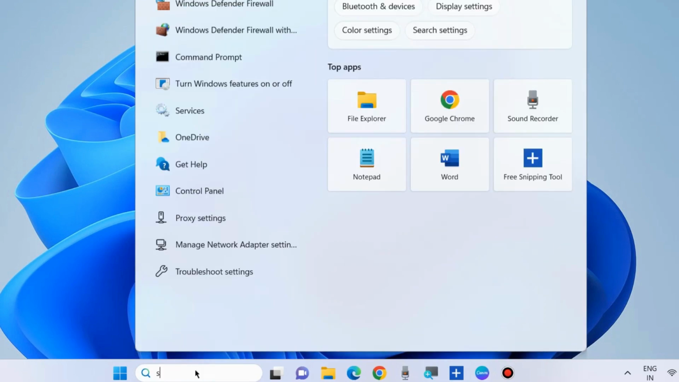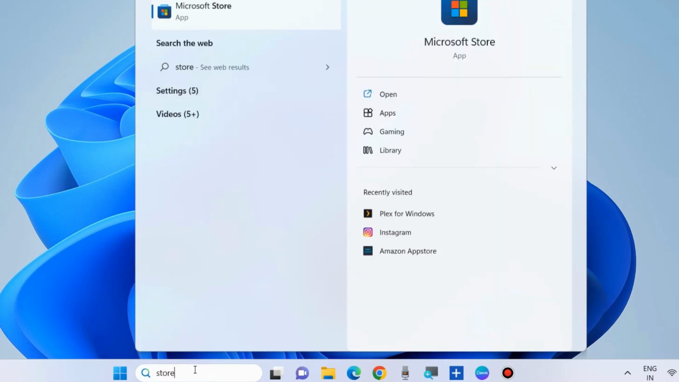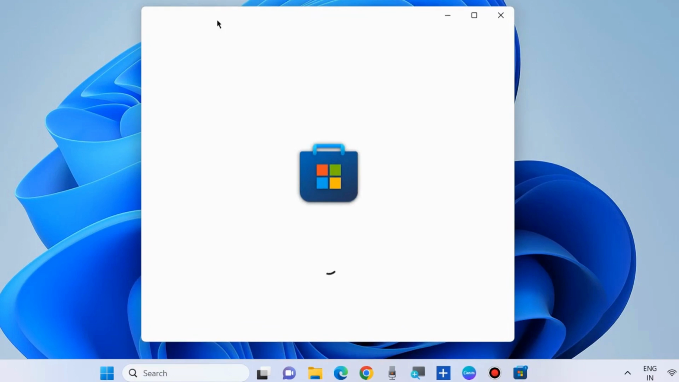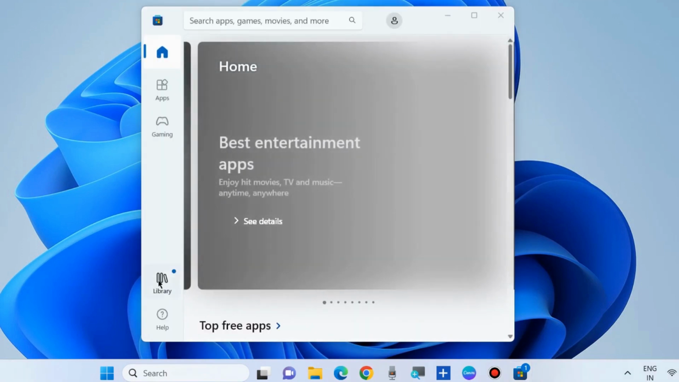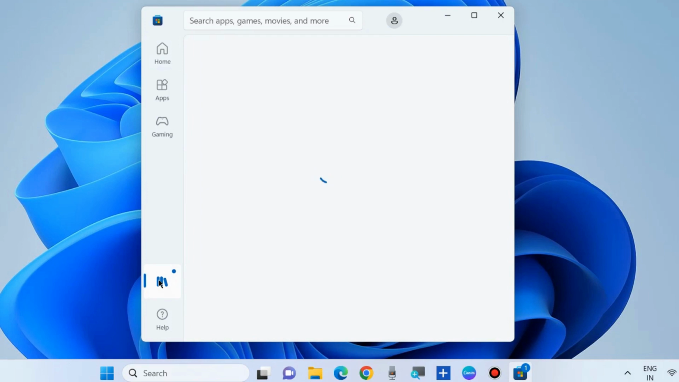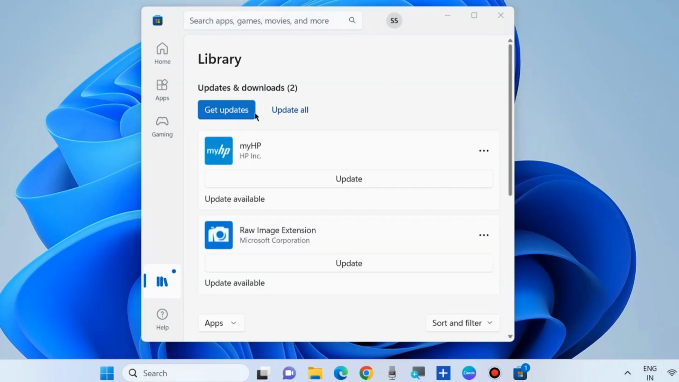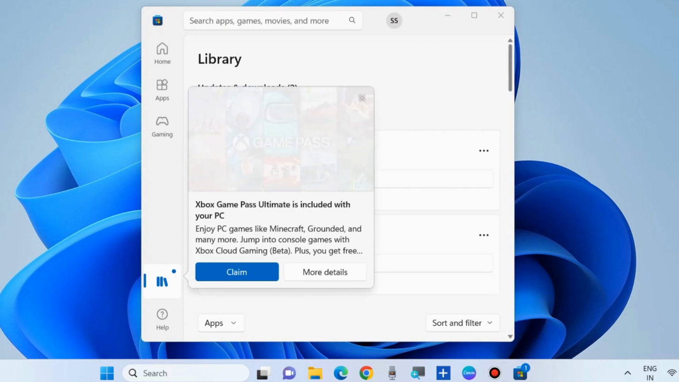If not, update the mail app through the Windows Store. Launch Microsoft Store. Here from the left pane, click on library and choose get updates or choose update all. It will update your mail and calendar app and your problem will be